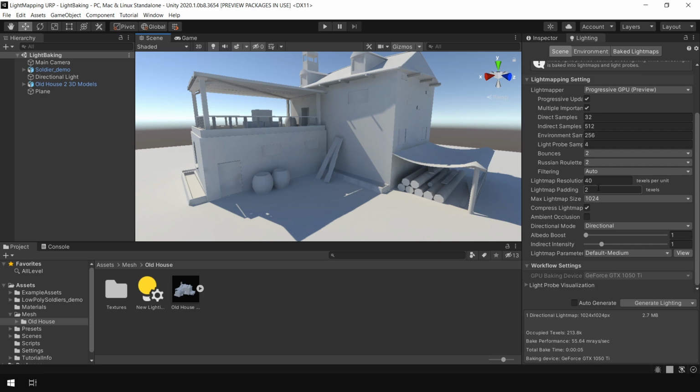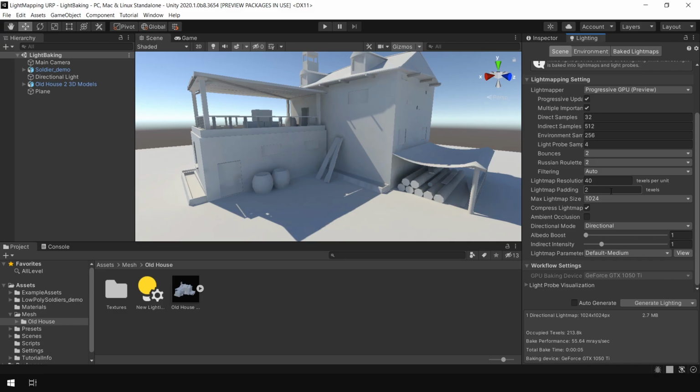This light map padding option defines the space between light map UVs of your scene object. For example, right now we have 2 texel space. To check that, go to Bake Light Map and open the light maps. So right now in our scene we have two major objects. This is our ground plane and this is our house 3D model.